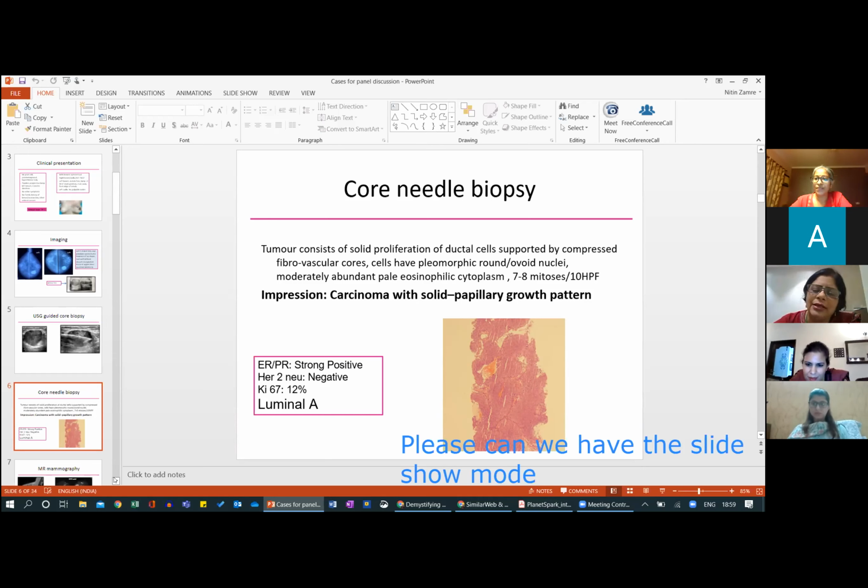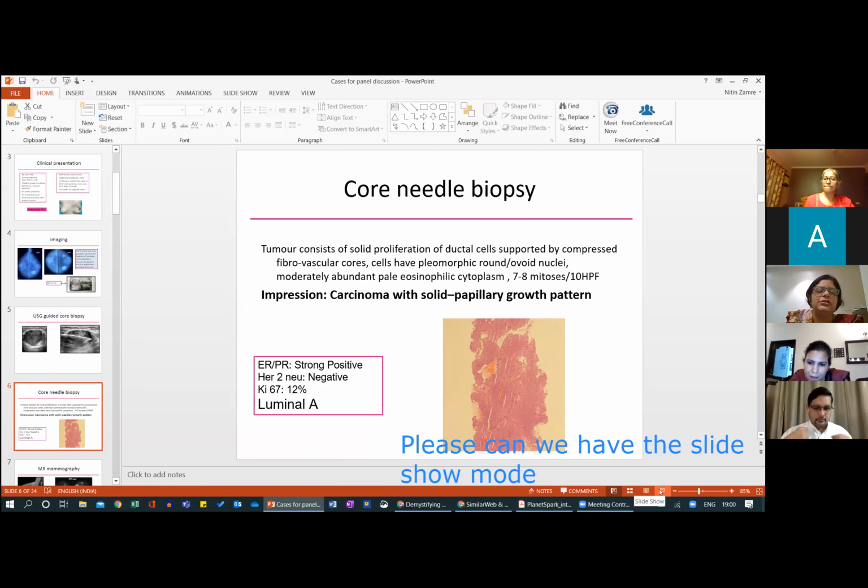But it will be important to say the extent of invasiveness, because sometimes when you have a 7 centimeter lesion, people are in a hurry to give chemotherapy also. So the important thing is to do myoepithelial markers, chromogranin. If chromogranin is positive, this is a solid papillary carcinoma. Then depending on the solid papillary, the myoepithelial will be lost. So you just call it fragments of solid papillary carcinoma. Rediscuss with your surgeon and radiologist, and then take a call if it's a single lesion or if it looks invasive.